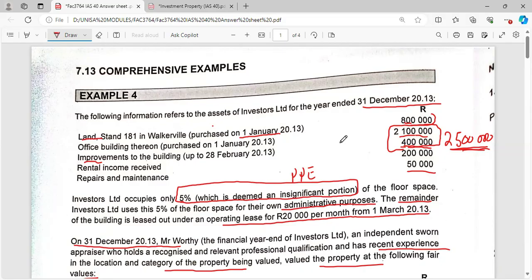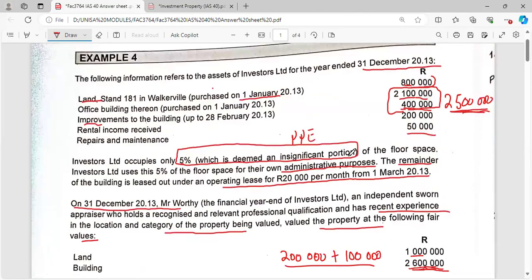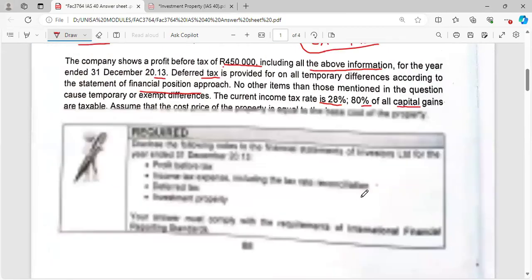Okay. So what can we call this? Are we going to have the carrying amount at the beginning of the year, or we don't have? We only have additions during the year. We do not have the carrying amounts at the beginning, because we don't have a closing amount from last year. We only have something that came up during the year. So our 2,900,000 is now going